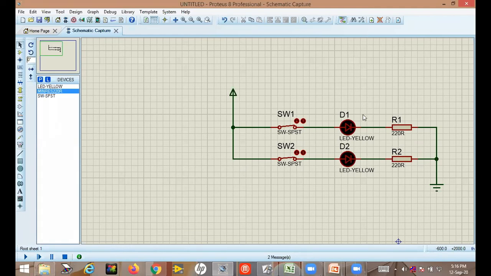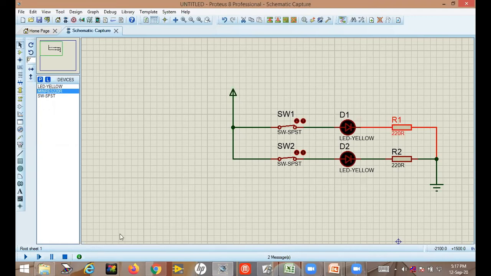As per our calculation, about 2 volt will drop across the 220 ohm resistor, and the rest, 3 volt, will appear across the LED. So the LED will be in the safe zone throughout its operation, and it will not fuse in this case. Here we have connected one series resistor so that the voltage is divided. Total 5 volt, 2 volt across the resistor and 3 volt across the LED. This is a voltage divider circuit.